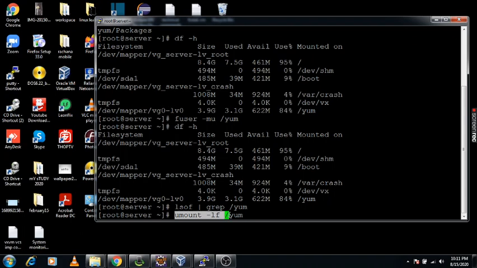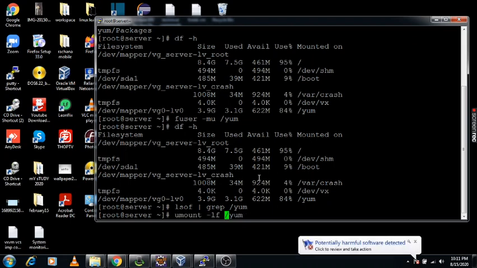So your file system will definitely unmount even if it is in a busy state. So there is no issue while unmounting using this lazy option. You need to use this option while unmounting the file system if any busy related issue occurs on the server, and if you want to unmount forcefully, then you can use this command.